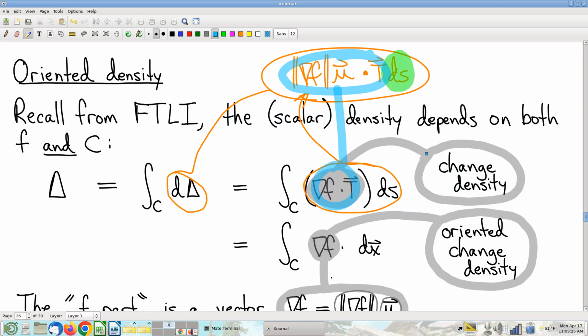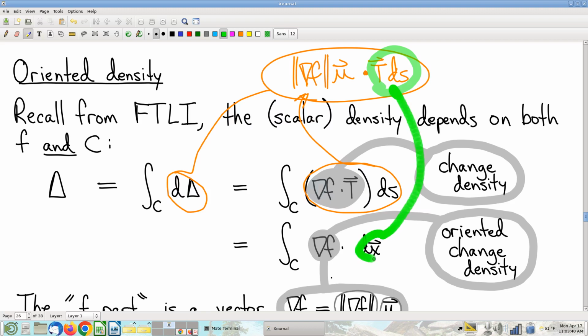But it really just makes more sense, I think, to lump in a more natural way. Let the curve's orientation be a part of what you're using to describe the curve, namely dx, right? And that leaves the gradient